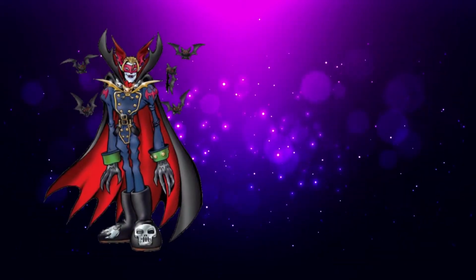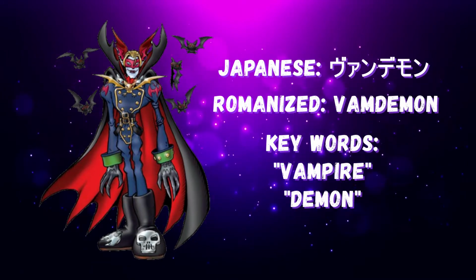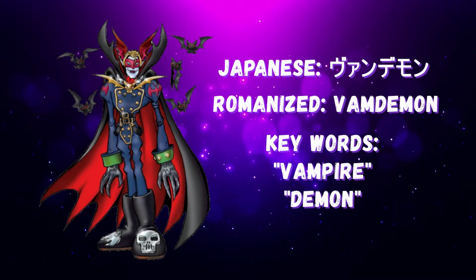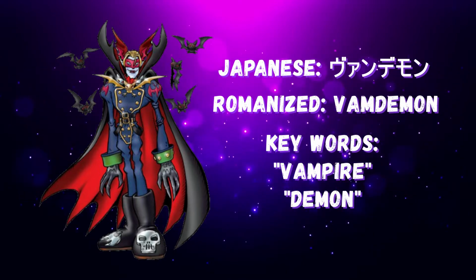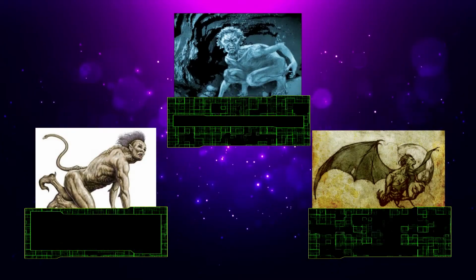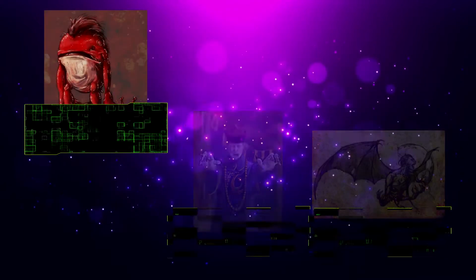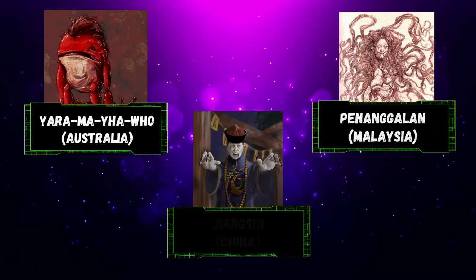In the original Japanese dub, this Digimon's name is Vamdamon, a mix of the words vampire and demon. Both words refer to malevolent creatures of the night, having inspired fear in the hearts of men for countless millennia and across all cultures. Depending on the where and the when, vampires have taken on a variety of different names and forms. No matter what they were called, all these monsters relied on consuming the life force of their victims